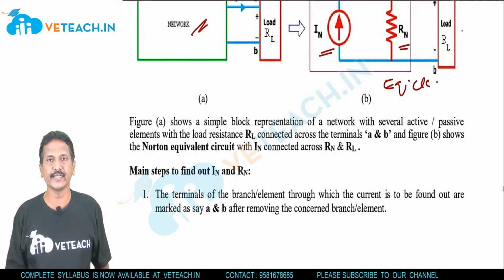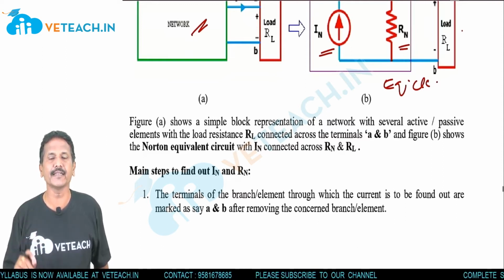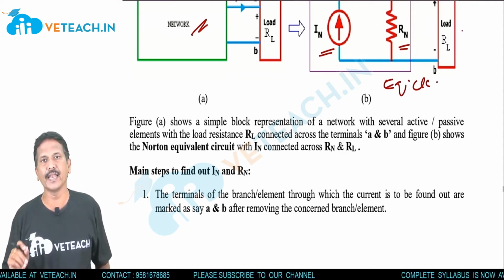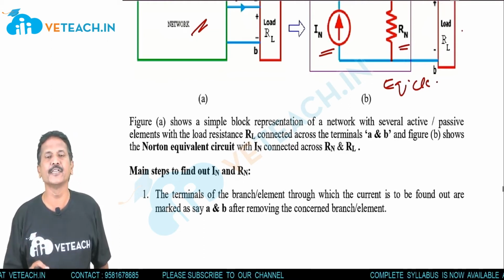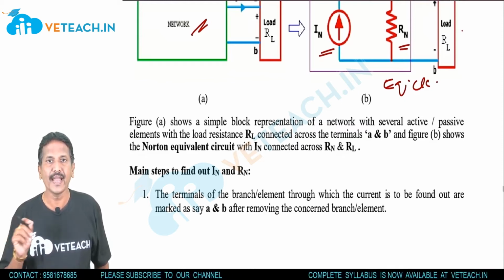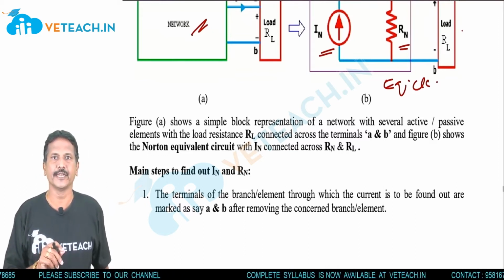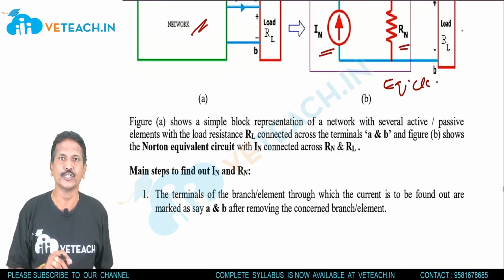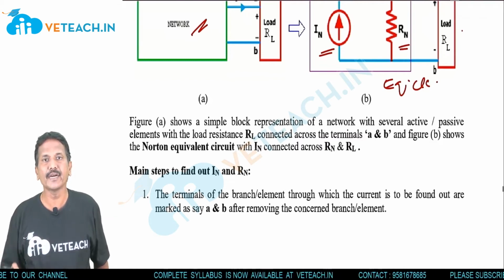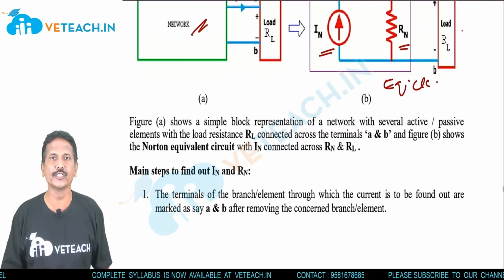Students, for each and every theorem there is a statement. You have to write that statement. Linear bilateral network. All theorems consist of linear bilateral networks. Linear means which obeys Ohm's law. Bilateral network means the current can pass in to and fro directions. It may be clockwise or anti-clockwise. So that network we are saying as a bilateral network. Right? N number of resistances making into one resistance and the source is converting into a new source across the load resistance.